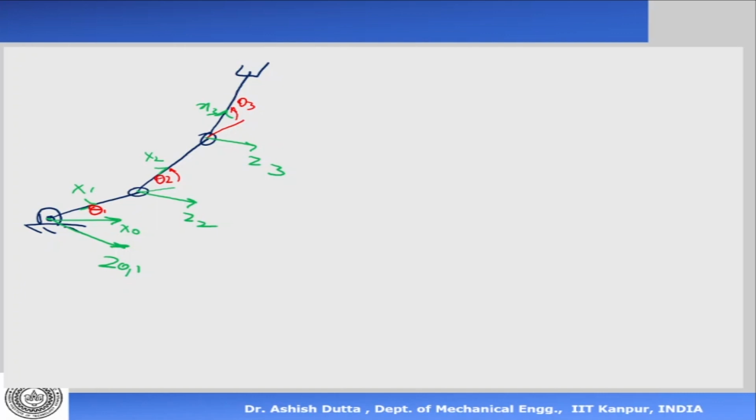Now how did we proceed? We assigned the z-axis, we assigned the x-axis, then we made the DH table, then we made transformation matrices, i minus 1 to i, then we found the final 0 to n transformation matrix. That's what we were doing. So if you look at this, I made the transformation matrices in the last class, please refer back to that note. T0 to 3 was equal to T0 to 1 into T1 to 2 into T2 to 3.